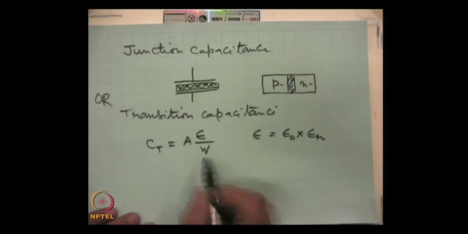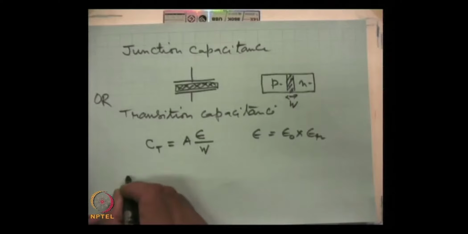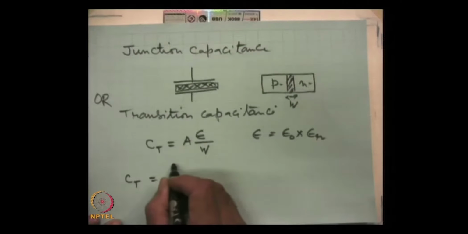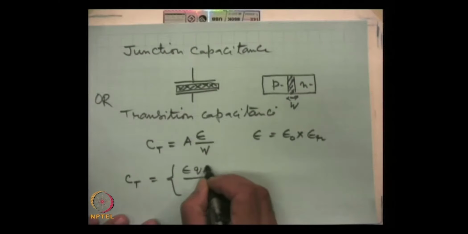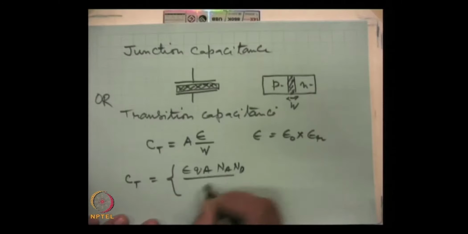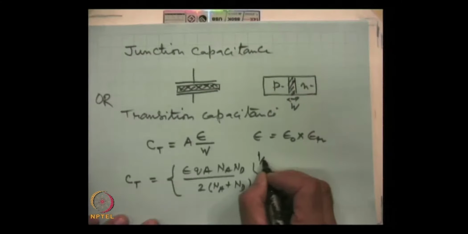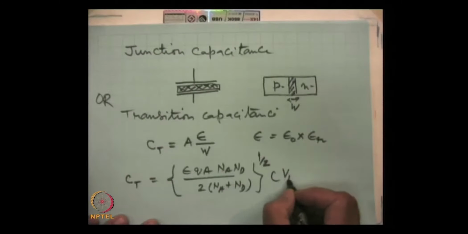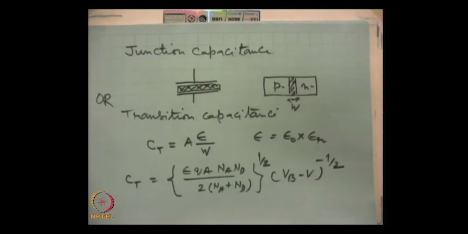Here W is the depletion width, and if we substitute the expression of the depletion width, then it works out to be C = [ε q NA ND / 2(NA + ND)]^(1/2) (VB − V)^(−1/2). This is the expression for the capacitance,